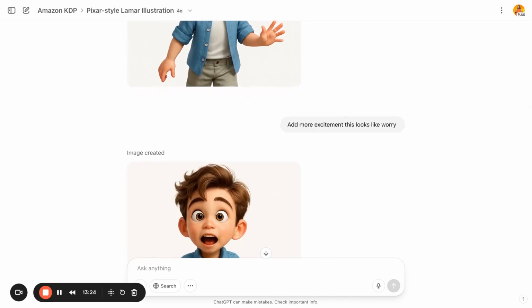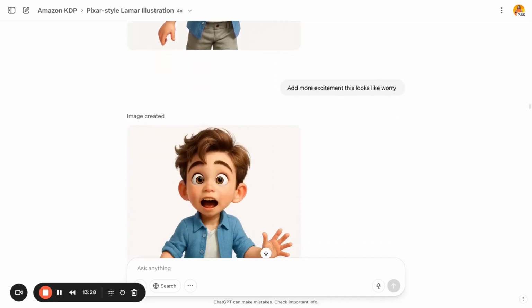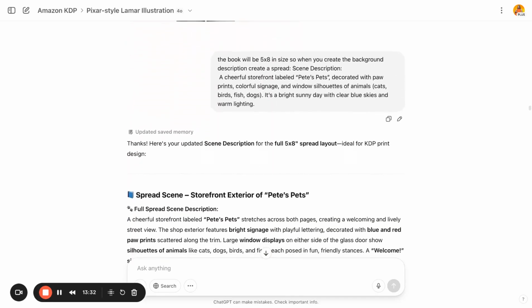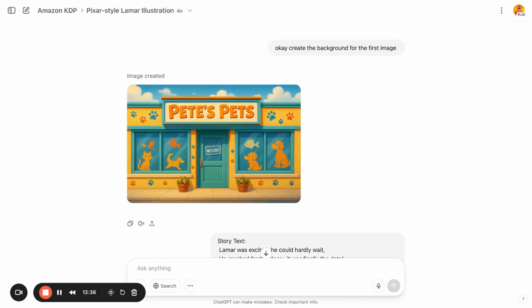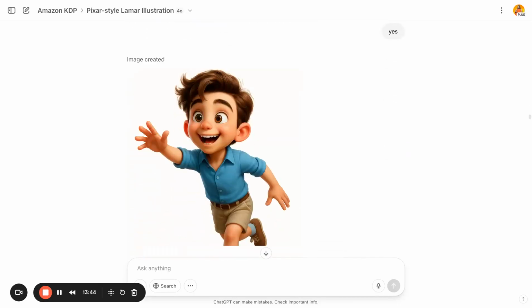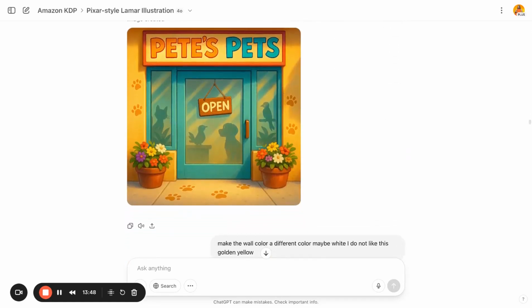As you can see, I asked for more excitement because this one looks like he's more worried, and it did exactly that, just focusing on the subject matter. Then I continued, and I wanted to create the background on its own. Now I could use this background, but I'm still not happy with the quality and the color that it gave me. And I still continued, getting more images of Lamar as the character, as the subject, the pet store,